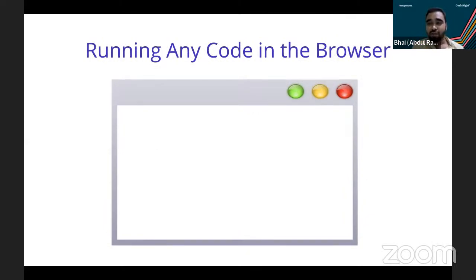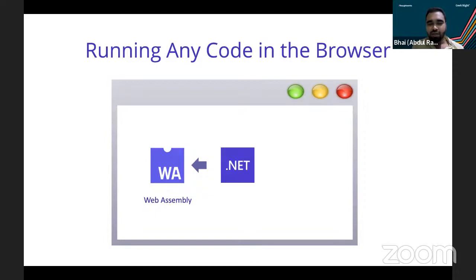Then that is nowadays possible with WebAssembly. WebAssembly is an open standard with which any code, be it C# or C++, can be transformed into a bytecode and then run in the browser. The same way, we can convert our .NET C# code into WebAssembly bytecode, which means that whenever we develop a Blazor application, the .NET runtime and everything will be transformed to a WebAssembly bytecode, and the Blazor application can